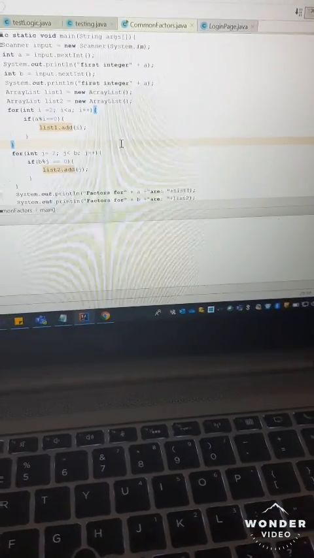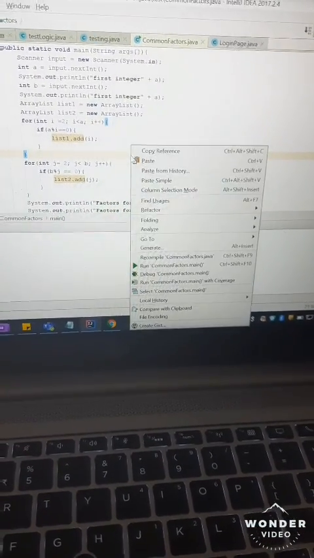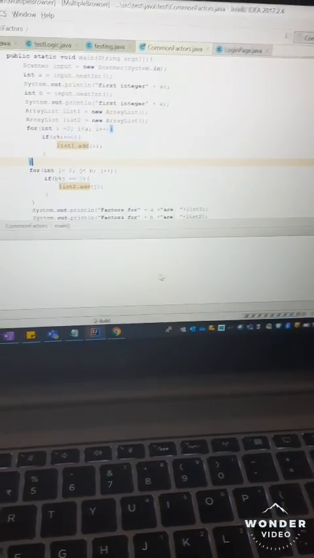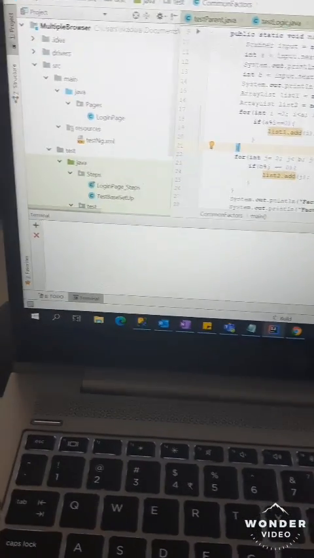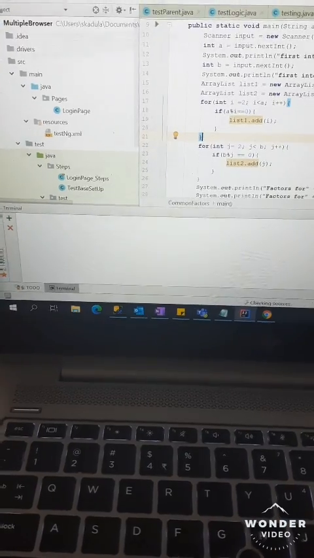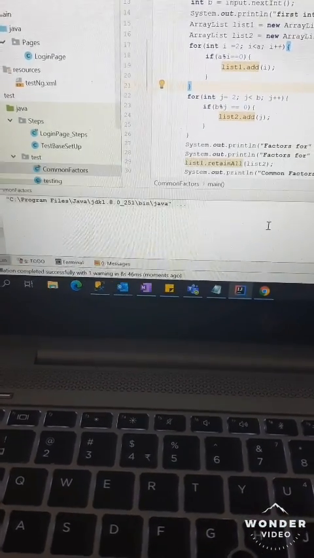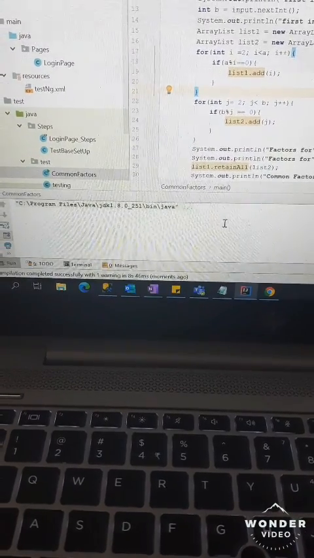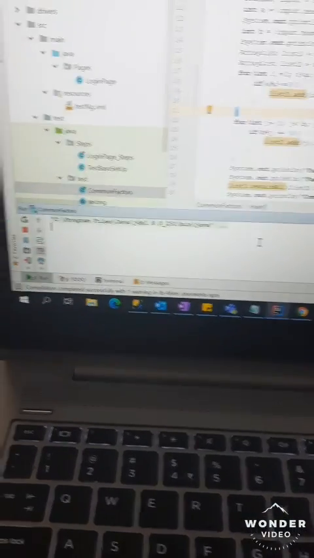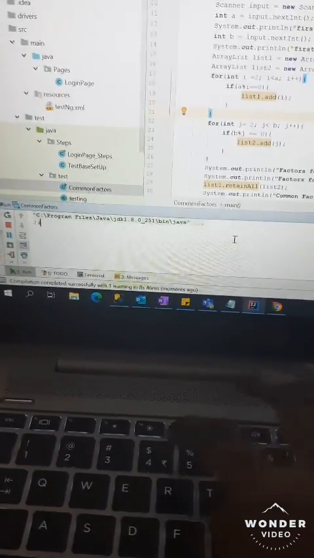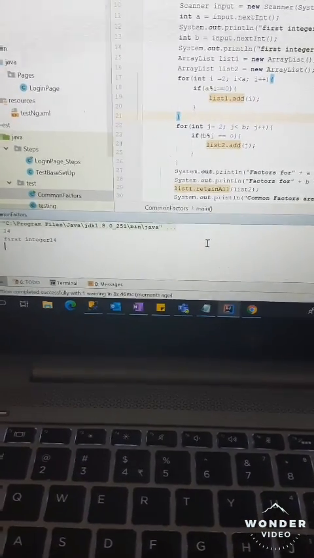I am running. I will first give, let's say, 14. First integer is 14.